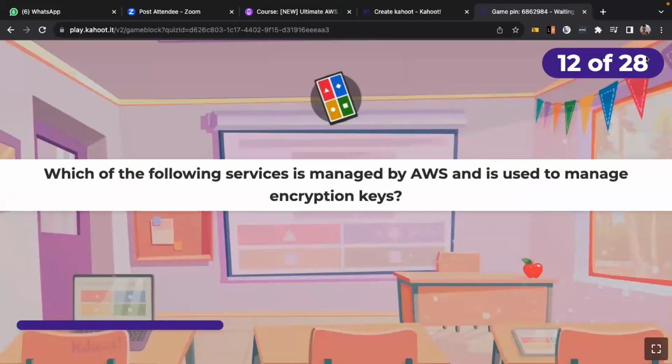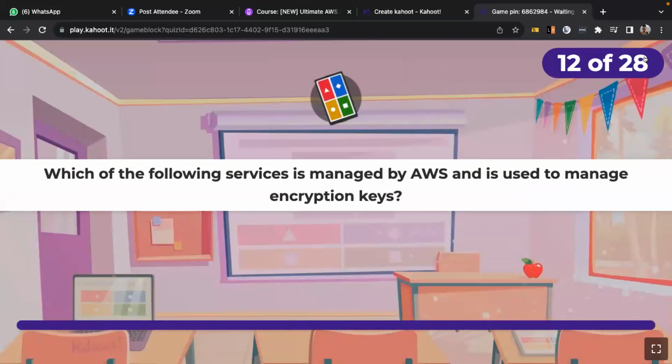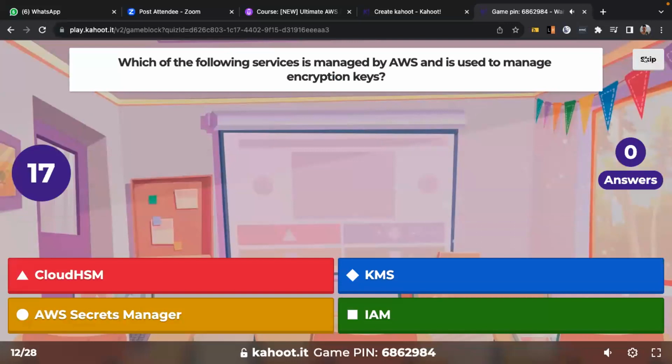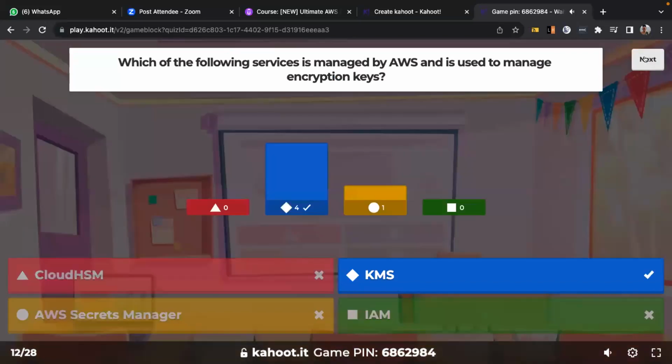Which of the following services is managed by AWS and used to manage encryption keys? Okay, yes, most people got it right.